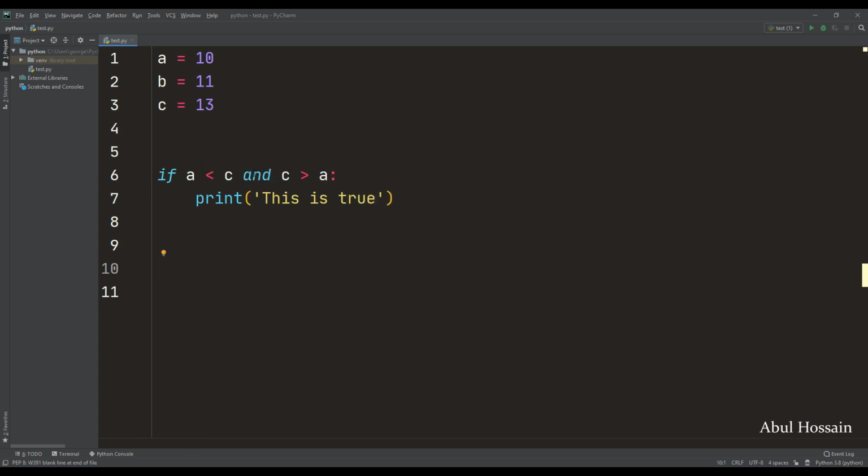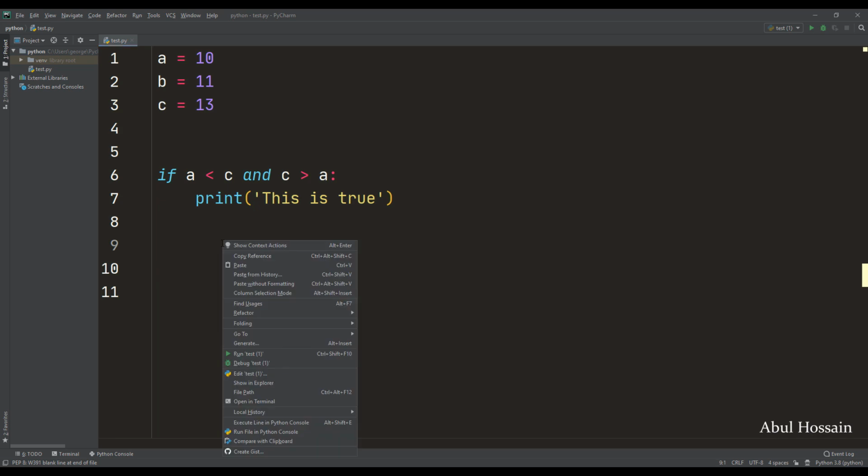So let me explain how this AND operator works. The AND operator works kind of the same as it works in plain English language. You know, I want this and this, so it works like this. I want apple and orange, which means that I want both apple and orange. So I want both of the things. So now if I right click and run it,